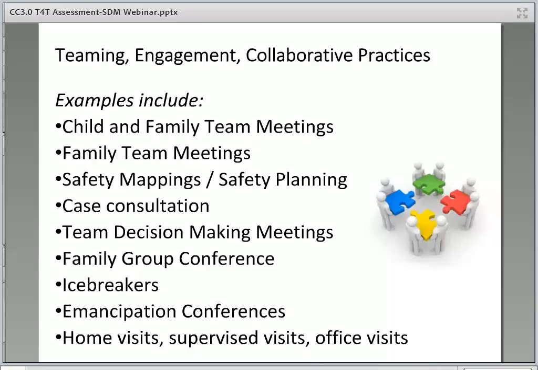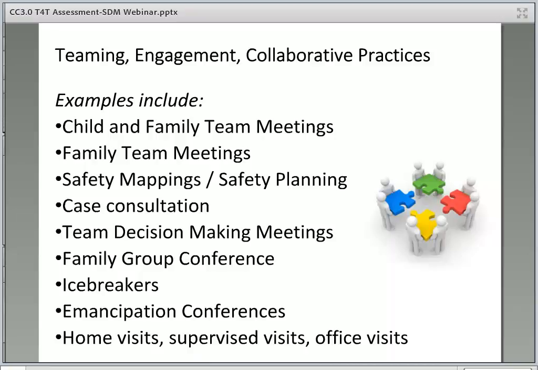Ways that instructors can highlight this in the classroom is by encouraging social workers to work with the family to use teaming practices whenever possible. This can be formal or informal. It's also important to remind social workers that learning facilitation skills is important in their day-to-day work, as they will be facilitating informal and formal meetings,